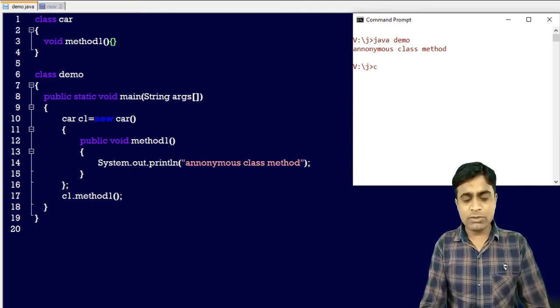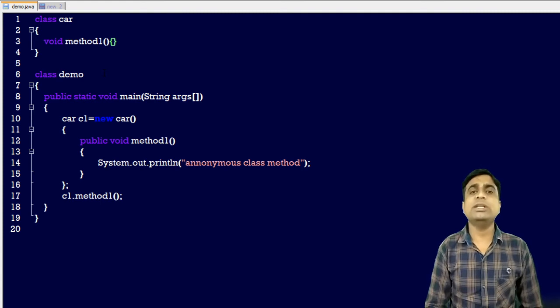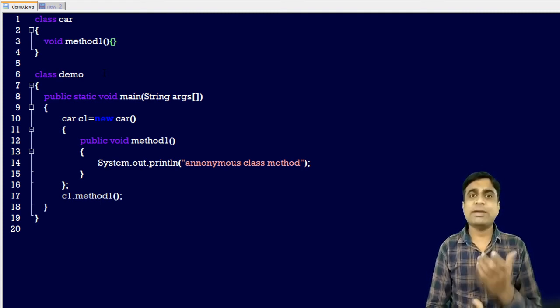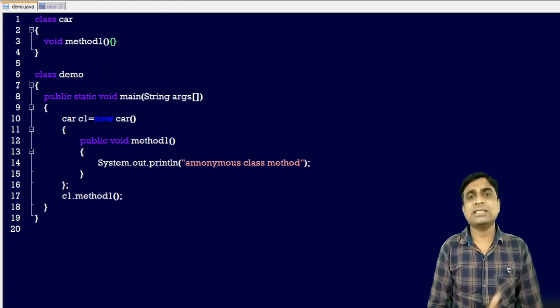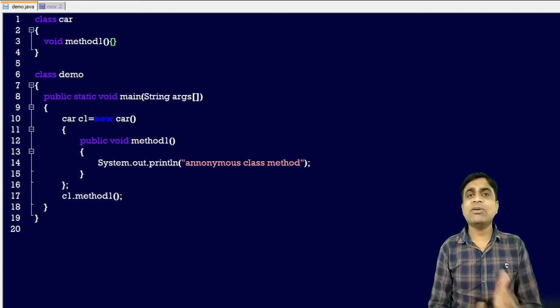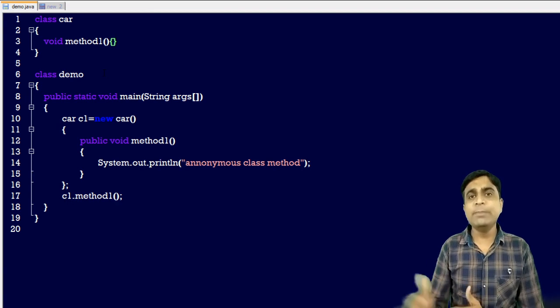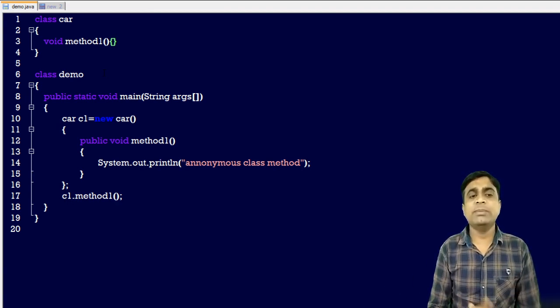First of all I will show you the interface, because you know about the interface. It is a collection of abstract methods, and you need to implement that interface in a class and then override that particular method. But in our case I have not overridden this method. I have not written a statement like class Car implements the interface.